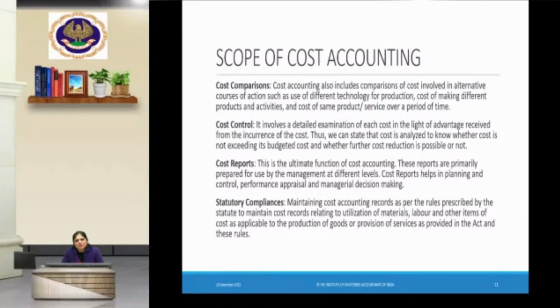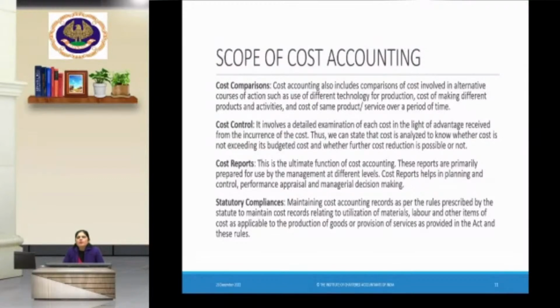And statutory compliances, they are in every department. In financial accounting, there are different compliances. In company law, there are different compliances. In taxation, there are different compliances. And the same for cost accounting also. So maintaining cost accounting records as per the rules prescribed by the statute, meaning the law, to maintain cost records relating to utilization of materials or labor and other items of cost is applicable to the production of goods or provision of services as provided in the